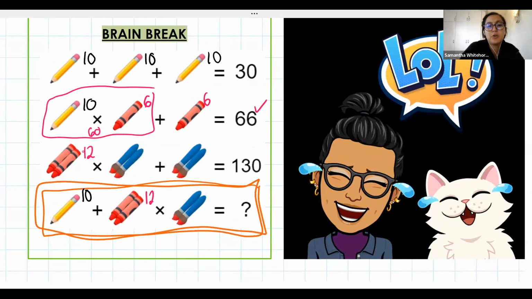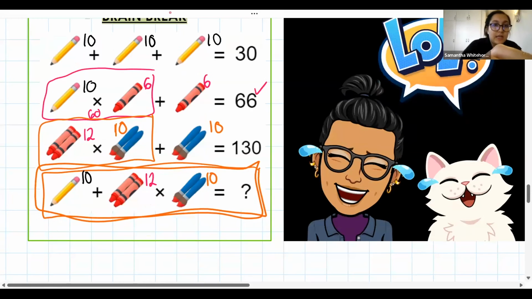And now I need to work out my paint brushes. So the paint brushes here, again, we need to apply BODMAS. 12 times what plus the same number must give me 130. So 12 times 10 is 120, plus 10 is 130. So the double paint brushes is 10, which means in my last step, I can now, again, I have to